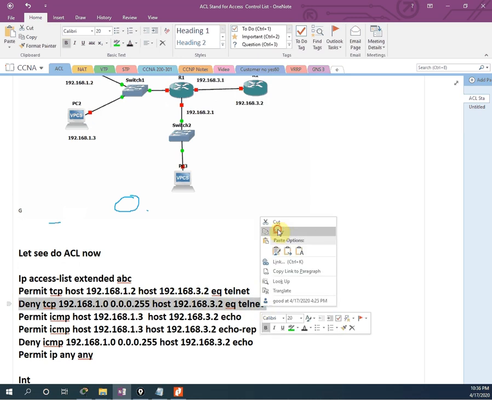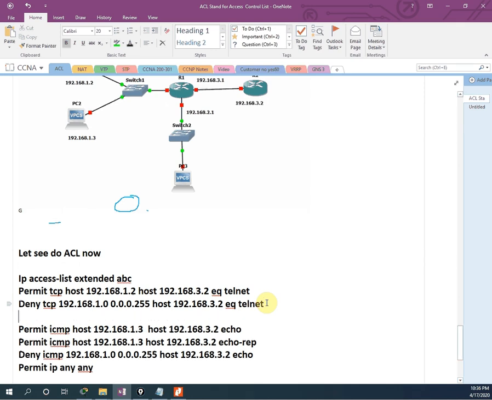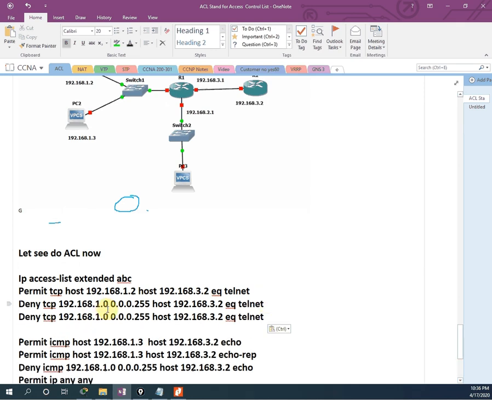Let me copy it here, press enter and paste it here. I will change this to 2.0, and I will remove this source host. So here we are denying this PC also, it should not telnet.